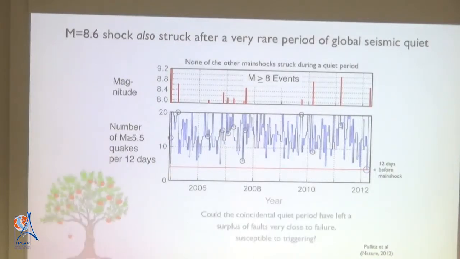So here's the idea. Imagine that you have an apple tree, and that tree ripens apples. Those apples fall at some rate, a couple a day. Let's say for whatever reason, none have fallen for a couple of weeks. Now, what do the seismic waves do? They basically rush up and shake the trunk of the tree. So if you have more over-ripened apples, maybe they'll fall at a higher rate than normal. So maybe it's a combination of these two factors that's important.